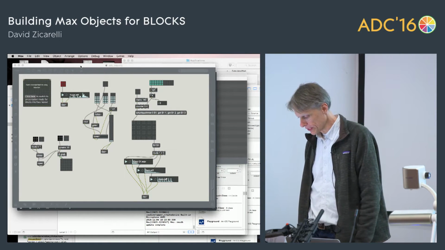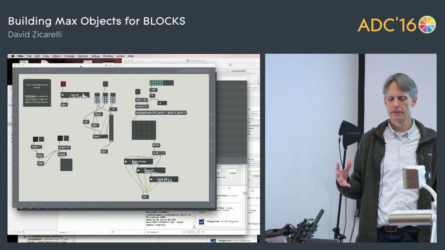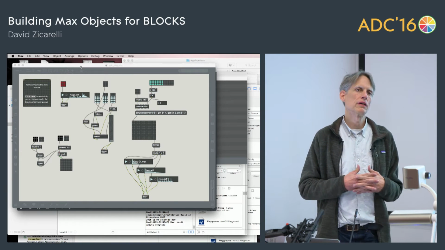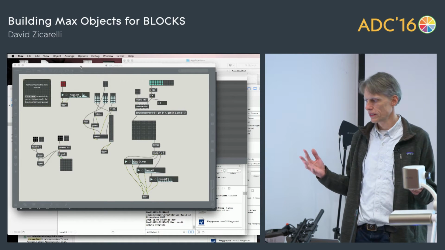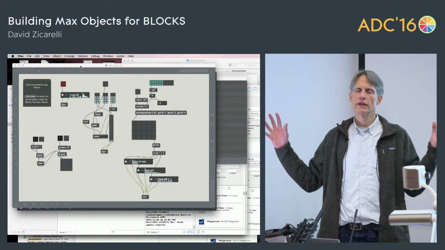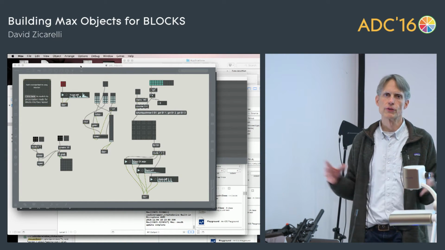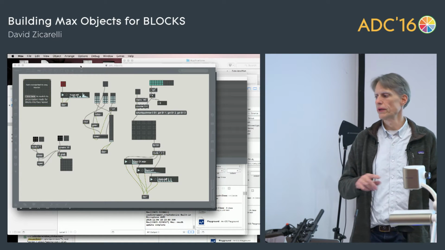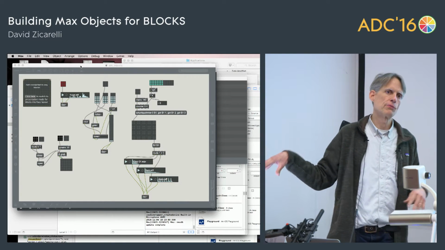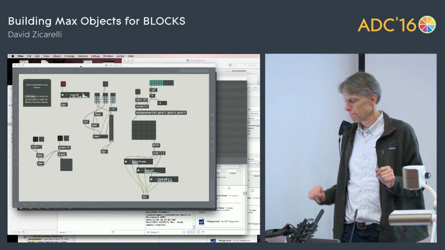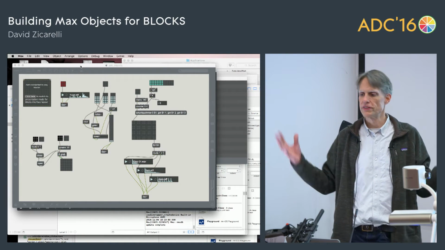So now that I had to go back, what did I do that was broken? We have this other program we've had for a few years called Mira. The idea is that you can take the user interface that you make in Max and put it inside this magic object called a Mira frame, and it goes onto an iPad. Everything you do on the iPad gets mirrored onto the screen of the computer, and everything you do on the computer goes onto the iPad. And I was like, okay, we could make Mira for Blocks. That was the first idea I had.